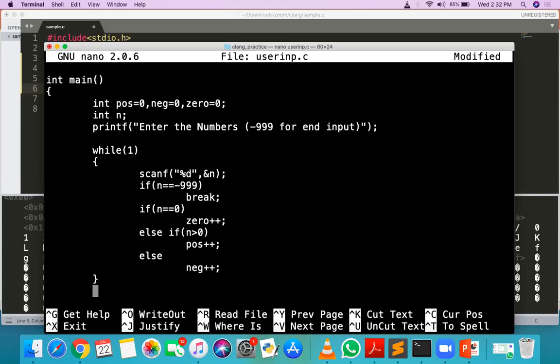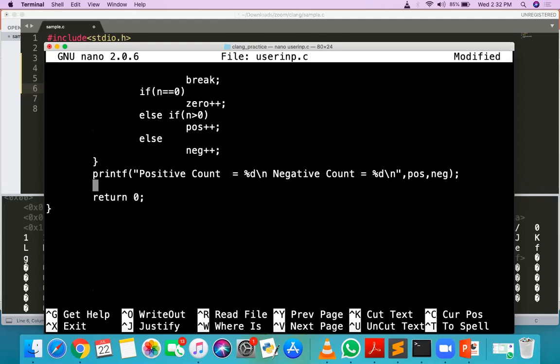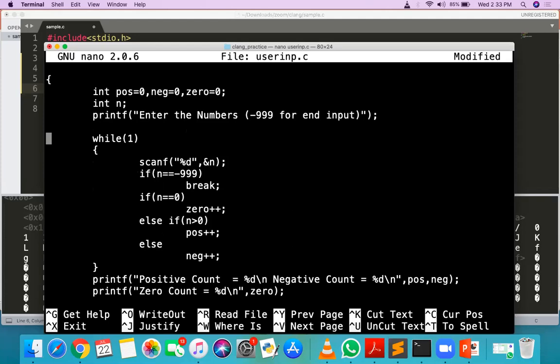So you need to print here: positive count is equal to %d \n, negative count is equal to %d \n, comma pos, comma neg, and one more thing, zero count is equal to %d \n, comma zero. Yes, getting the logic? Very simple, huh?